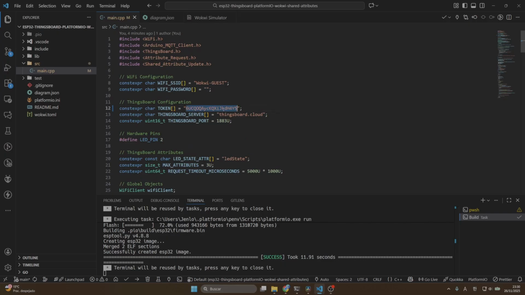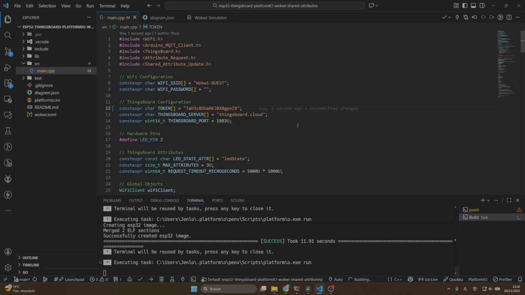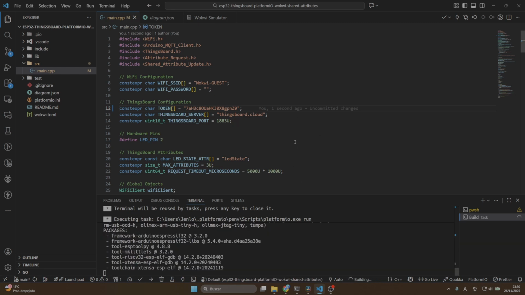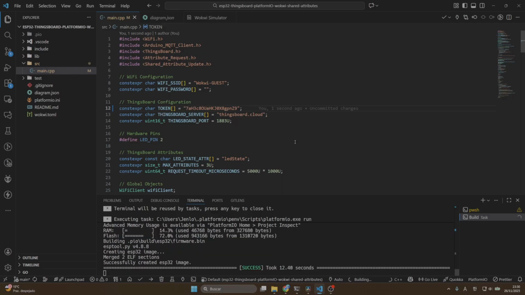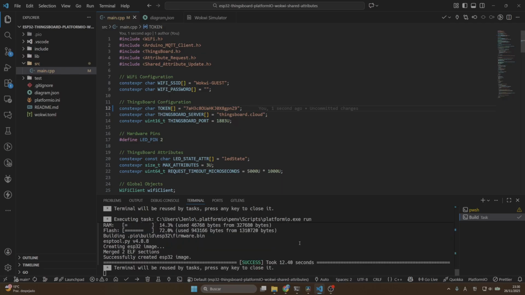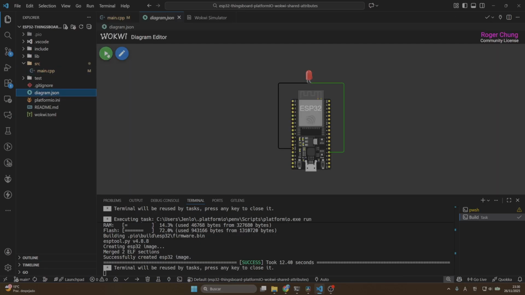So let me copy and paste here, and let me create our binary file. All right, so once we have our binary file created, we can go to the diagram.json and we can start